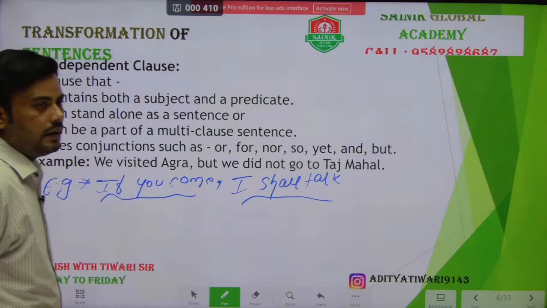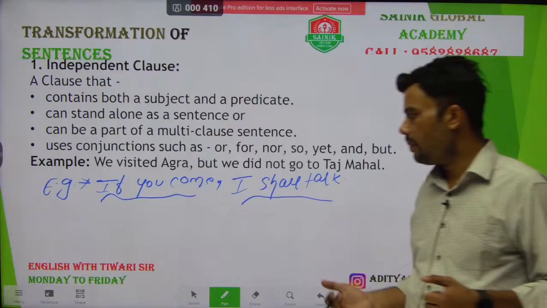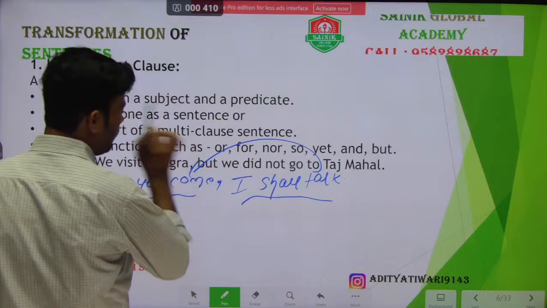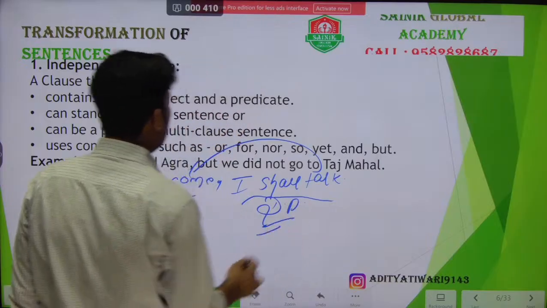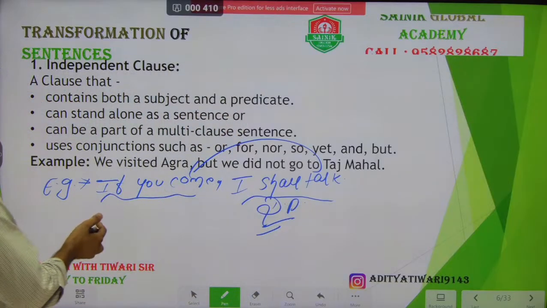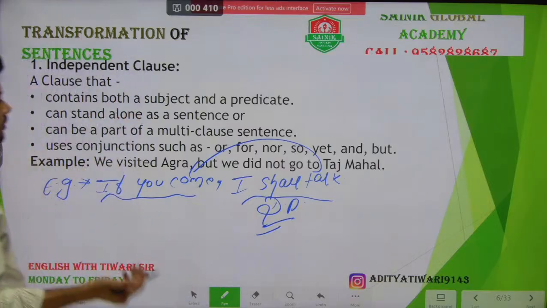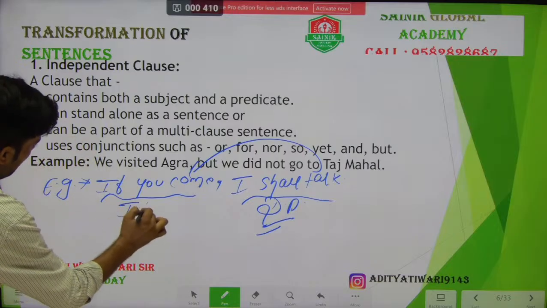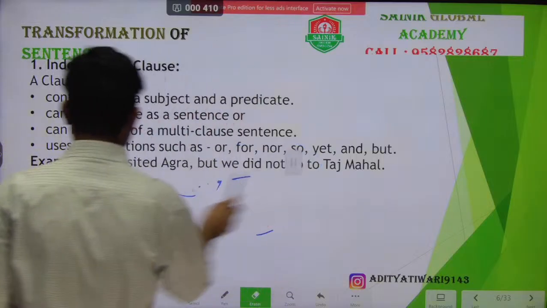Now here if I say, when will I talk with you? When you come. So you can say that the talking is dependent upon your arrival, your coming. So this part is a dependent part, and a dependent part can be known as a dependent clause also. And if you come, you may come or you may not, it's your wish. So this part will be known as IC, that is, independent clause.